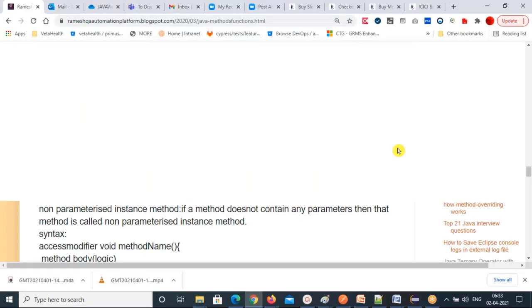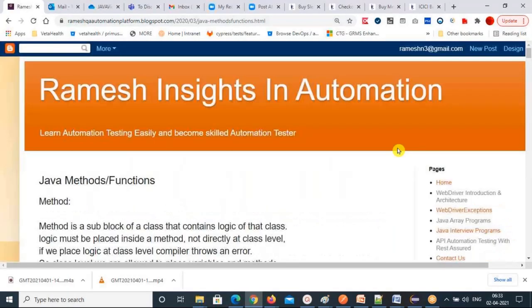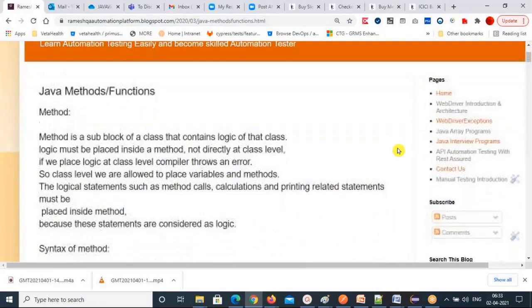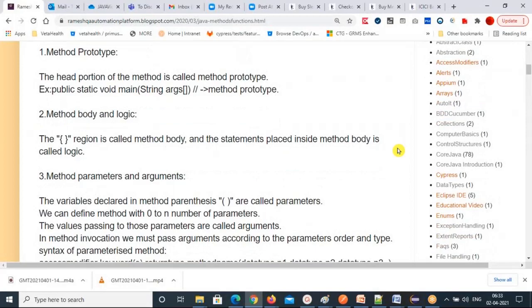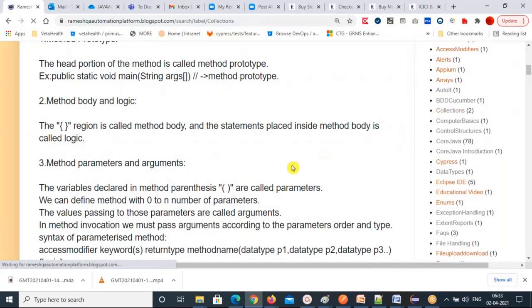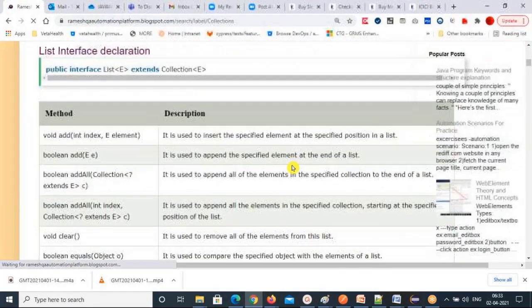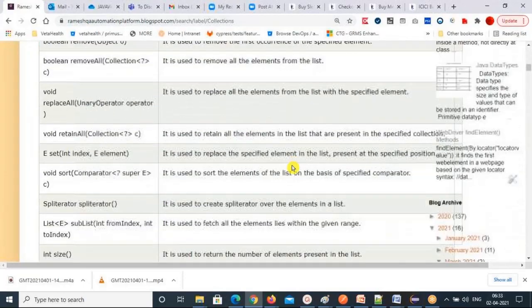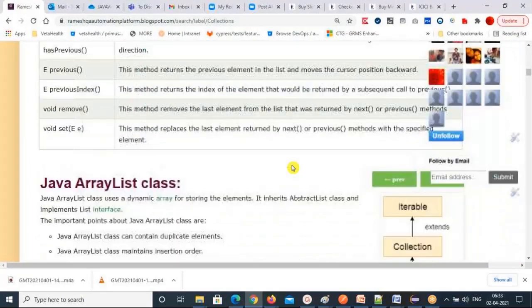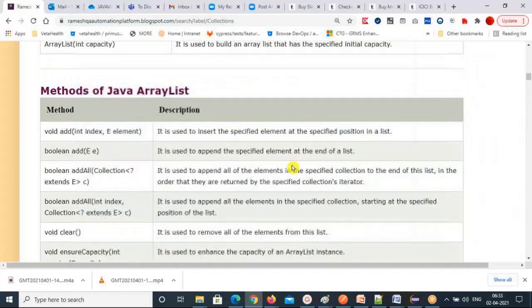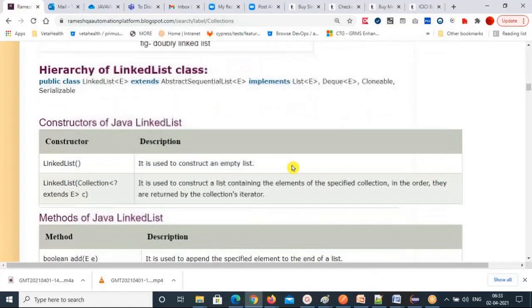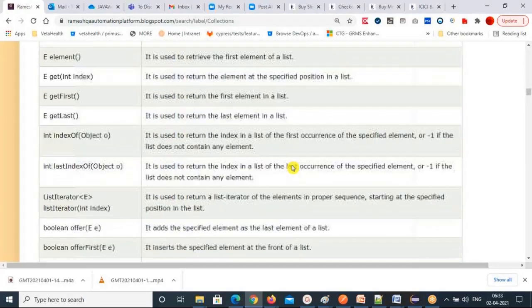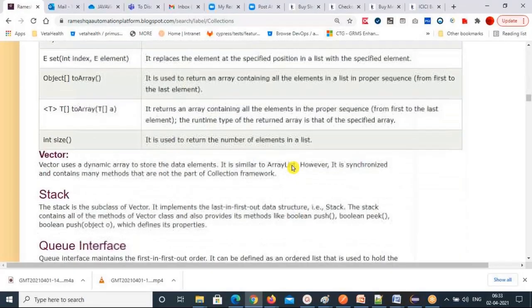So we have a collection. Yesterday we discussed list collection and their hierarchy, array list and linked list also we discussed. And today we'll discuss set collection and what are the classes. We'll see that set collection inside. And also before that, linked list we have seen. Then there are a lot of methods in the linked list also.